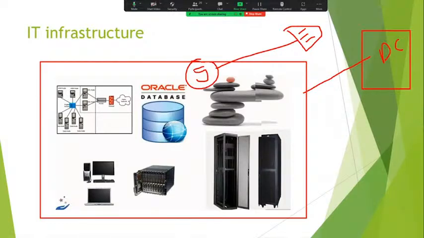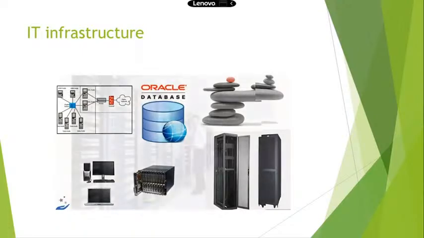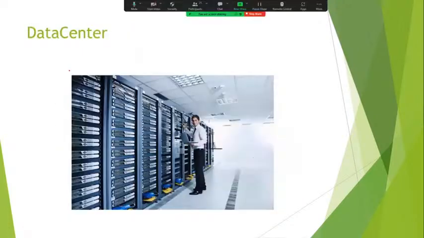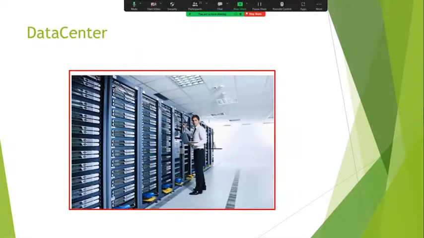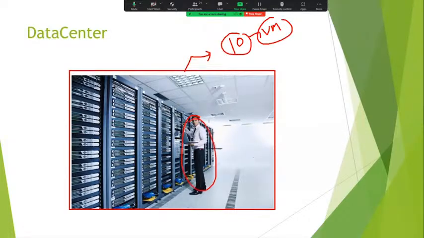See, this is the exact picture of a data center. For example, we are working in one organization. We got a new project where I would like to build 10 virtual machines. First step, what do we have to do? First, submit the request to the data center team. This is the data center team. They will verify whether space is available or not. If yes, they will rack the space.